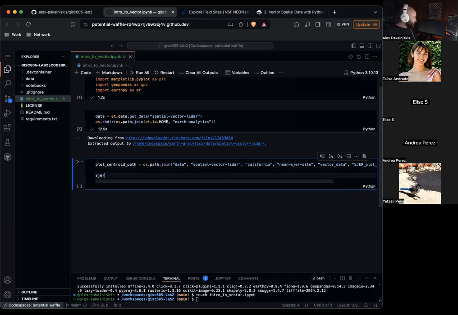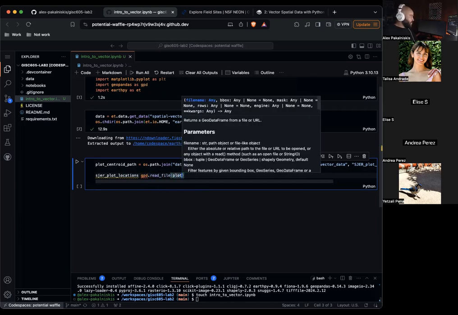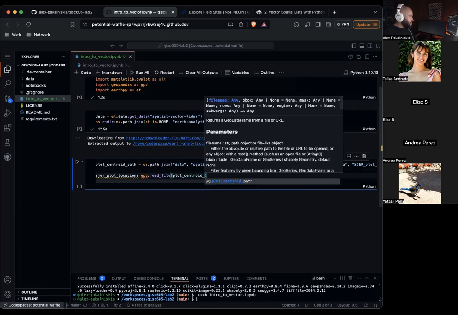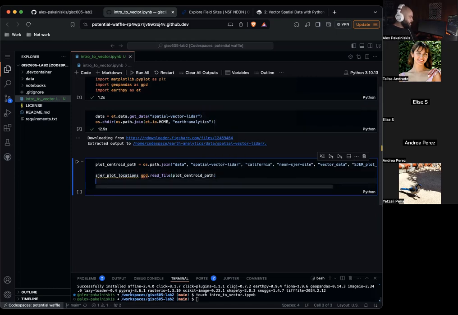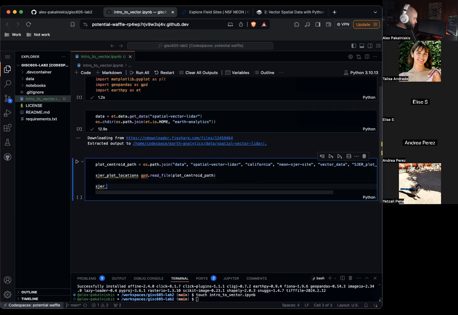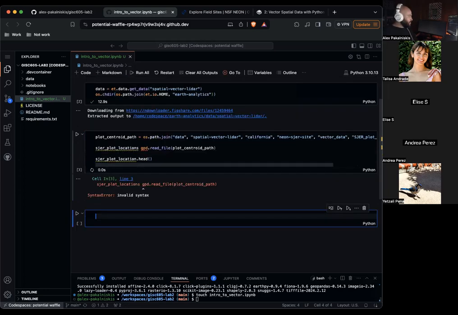And then let's import that with GeoPandas, because that's just specifying the file path. Let's actually import it. We can do GPD read file and plot centroid path. And then let's show the first 5 lines using the head utility.